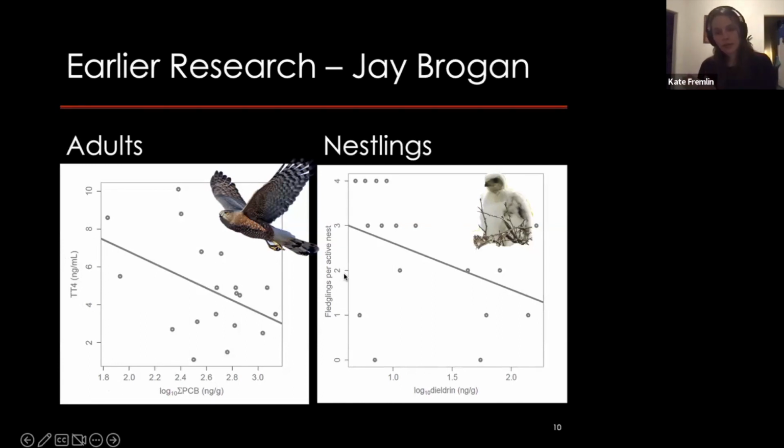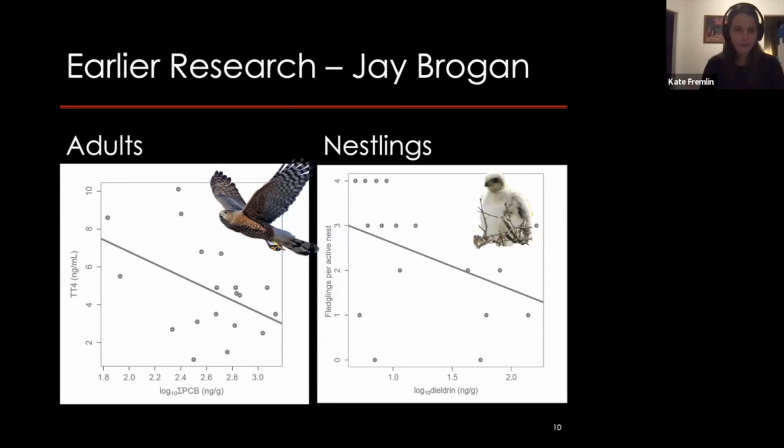And then we see on the right here with the nestlings in the blood, as the concentration of dieldrin, which is another type of pesticide similar to DDT, increased over time, there were fewer nestlings being fledged per active nest site. So this is just showing you an example of what these chemicals have done in this indicator species of the